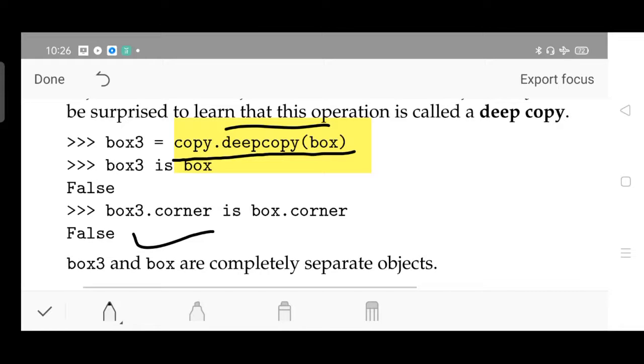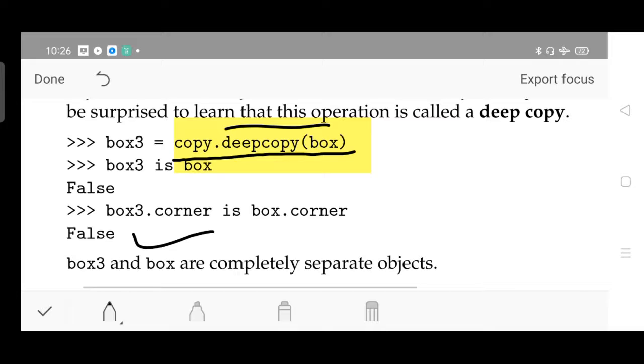Since we were studying the embedding concept at that time, corner represents two parameters, say x and y. With respect to shallow copy, at least this embedded object will display as true, but with respect to deep copy, even it is separated.